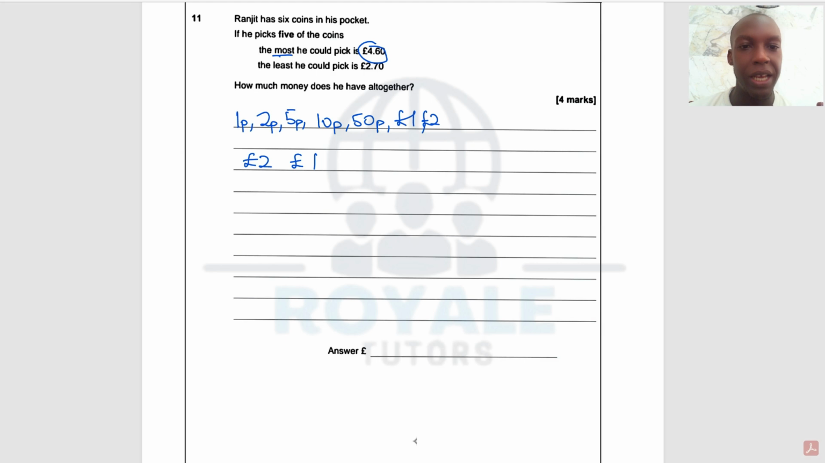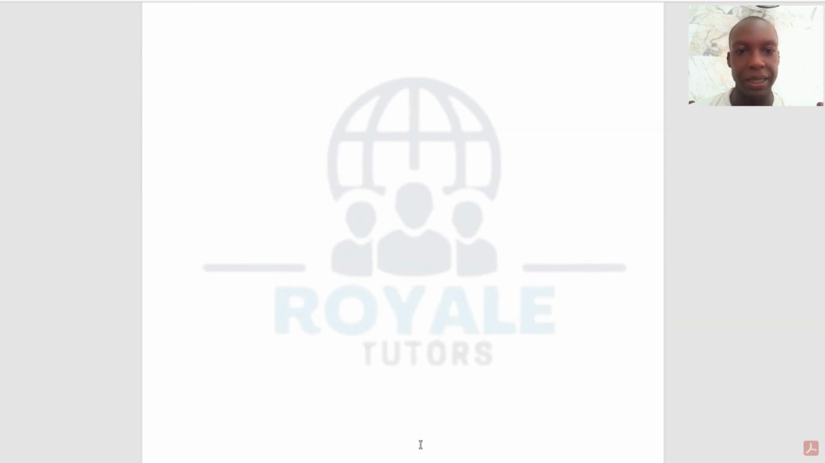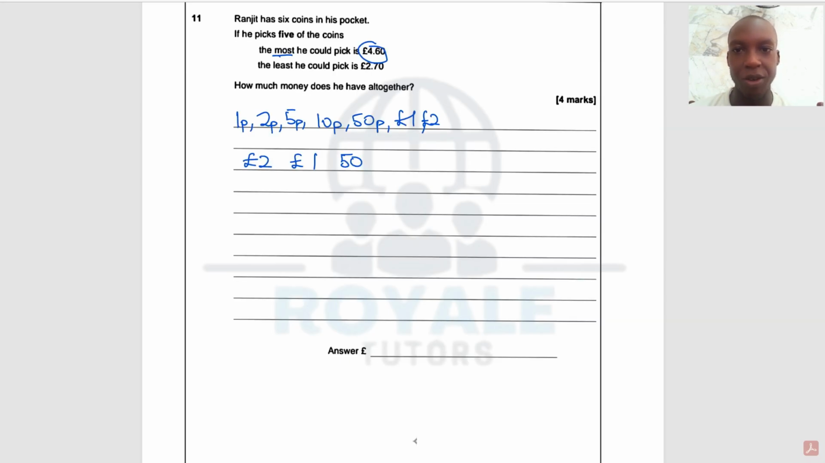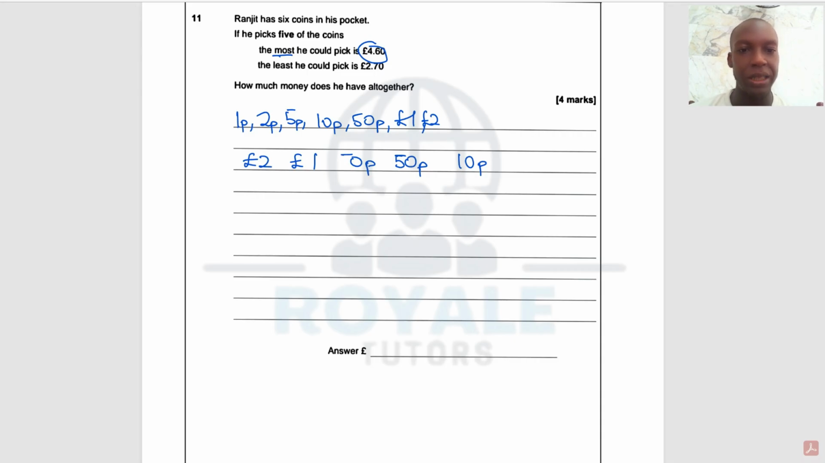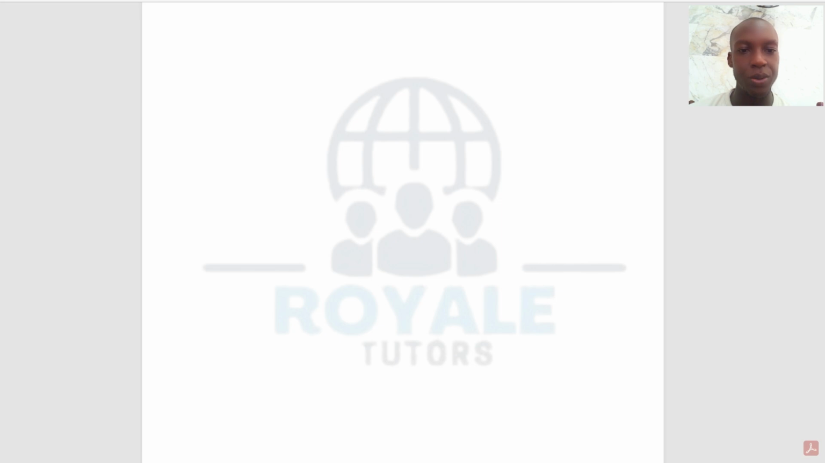I've picked a £2 coin and a £1 coin. Let's pick a 50 pence coin. Okay, good. So this is £3.50. Let's pick another 50 pence coin and let's pick a 10 pence coin. If you look at this, this is going to be £4 and 10 pence. We don't have up to £4.60, so it means that we have to change this into